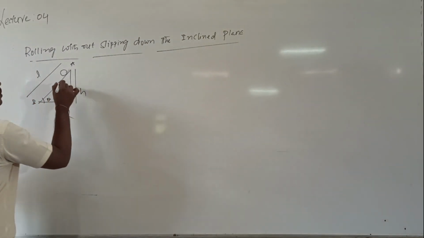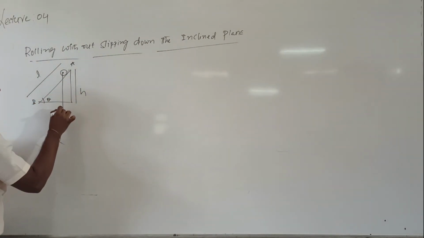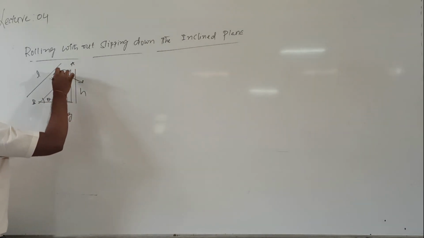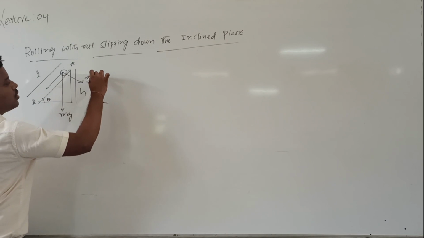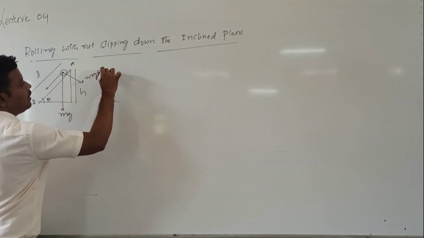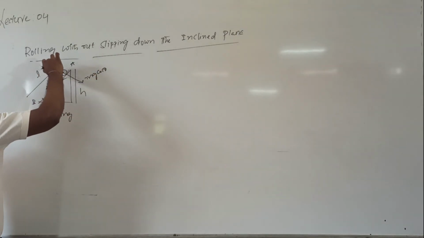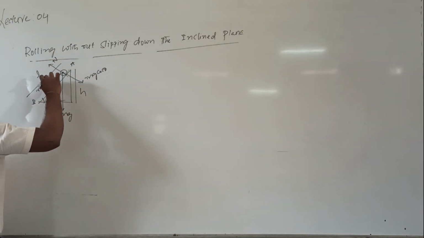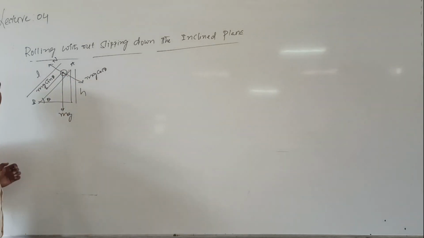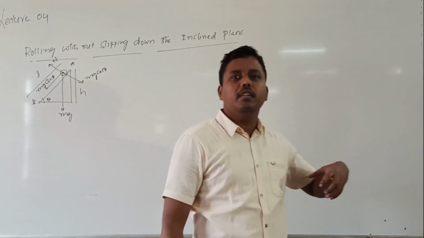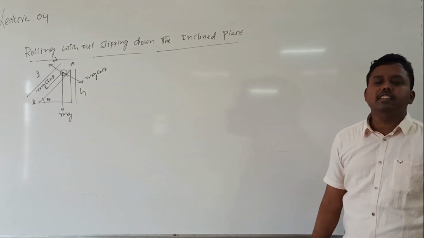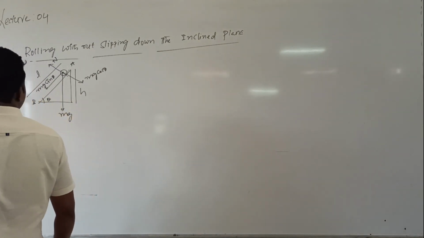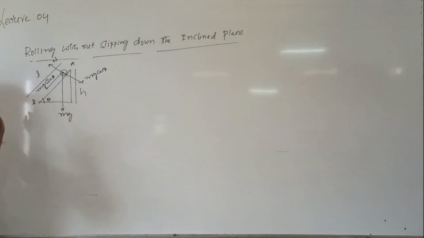In order to roll down, what are the forces acting on the body? Let us check. Its weight is given by mg. The weight is resolved into two components. What are the components? The normal component is given by mg cos theta. Mg cos theta is balanced by the normal reaction N. And the unbalanced force is given by mg sin theta. The mg sin theta force will provide acceleration for the body to slide down. That is translational acceleration. So to execute the translational motion, mg sin theta is the reason.